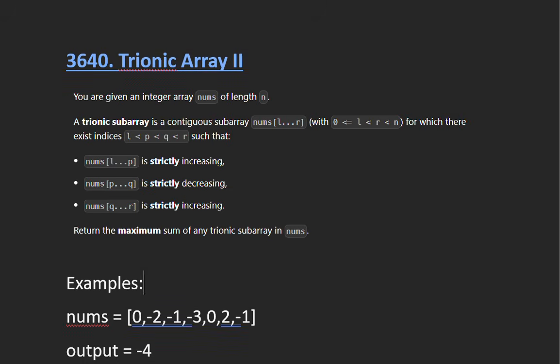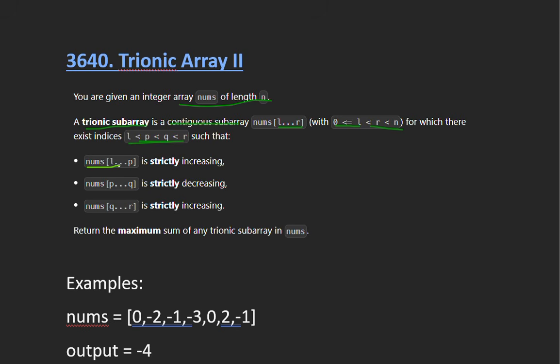So basically in this question we are given an integer array nums whose length is n, and we have to find, basically, what is a trionic subarray. So basically it is a continuous subarray from index L to R such that 0 is less than or equal to L and R is less than N, and for which there exist two indexes P and Q such that L is less than or equal to P, less than Q, less than R, and the condition is that